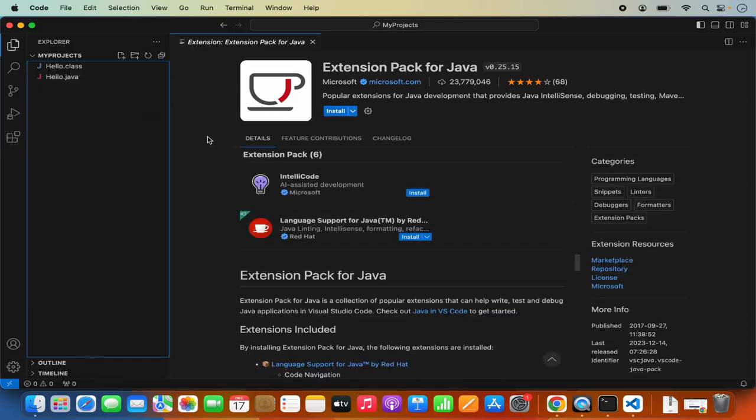So this is how you can download and install Visual Studio Code on your Mac operating system and use it to develop your